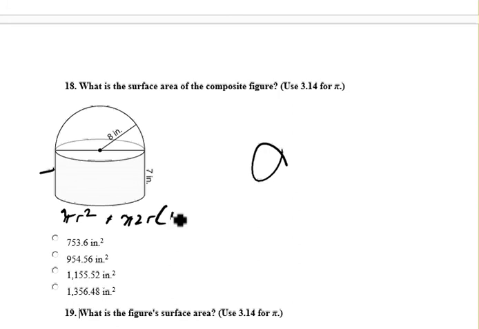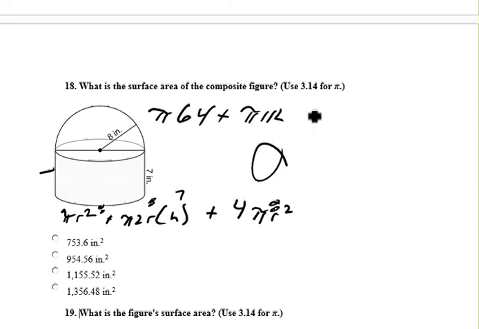So there, that part's done, and then half a sphere. And the surface area of a sphere is 4 pi r squared. Okay, so it looks like we have to put a 7 here, and the radius for the sphere is 8, so that r will be 8 everywhere. And now we just have to do the math. So pi r squared will be 64 plus 2 times 8 times 7. 8 times 7 is 56 times 2 is 112. So pi 112